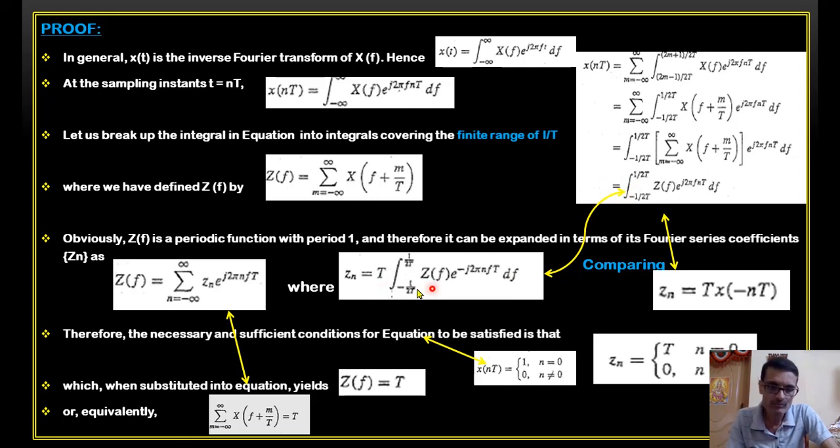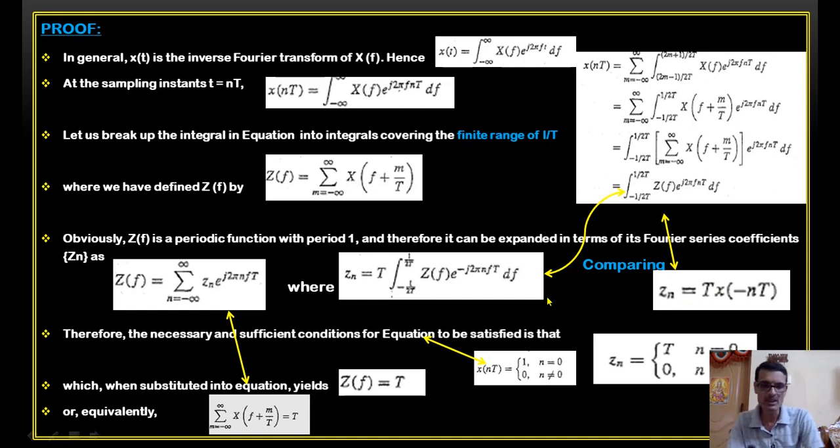See, what I have is the same equation, integral and this product, except that t is an extra term I have, and except minus, this is plus. So by comparing this equation with this equation, I can write it like this. This is nothing but x of nt, but it is x of minus nt because I have a plus here and minus here, multiplied by t. I don't have a t here, so multiplied by t. So Zn is given by t into x of minus nt. That's what I got. So Zn is equal to t into x of minus nt.